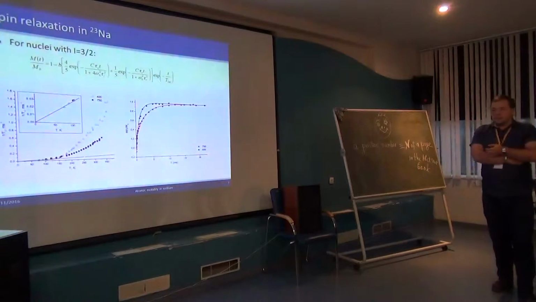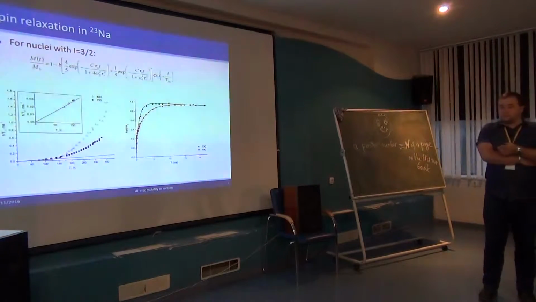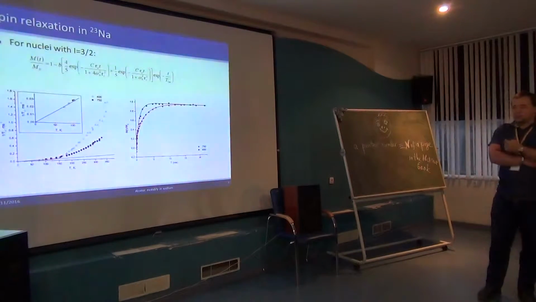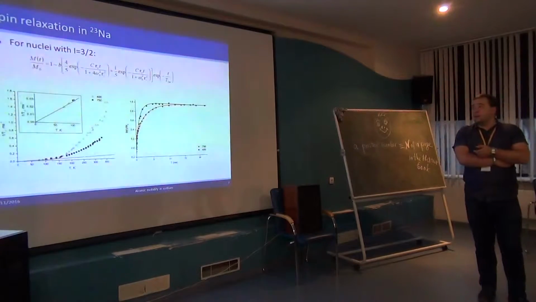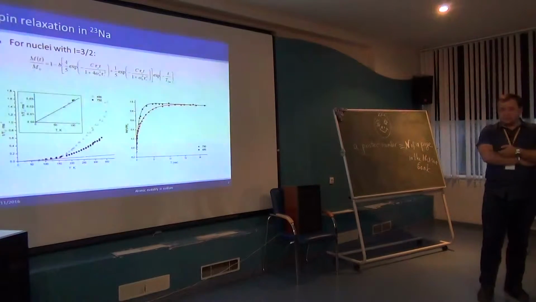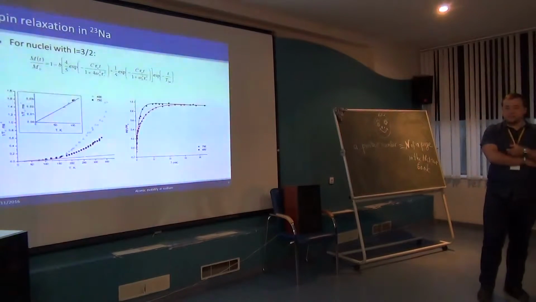The previous experiments with relaxation recovery were usually performed for gallium, and gallium nuclei are more convenient for such an investigation because there are two isotopes having different quadrupole constants, so it is possible to perform one measurement at one spectrometer,